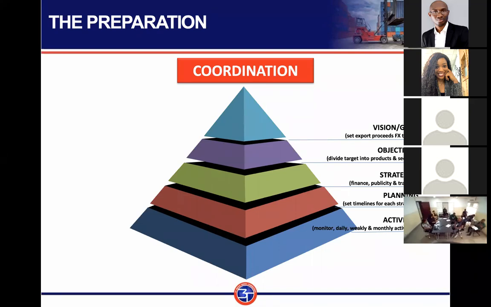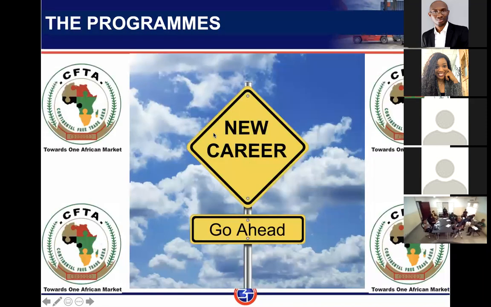Which sector are we going to be playing in to achieve our vision? Strategy. How do we enter each of those sectors? Planning. How do we execute our strategy? Activities. What we do every day should be based on our planning. Our planning should be based on our strategy. Our strategy should be based on our objective in every sector. And our objective should ultimately be based on our vision and goal. Lastly, profit.